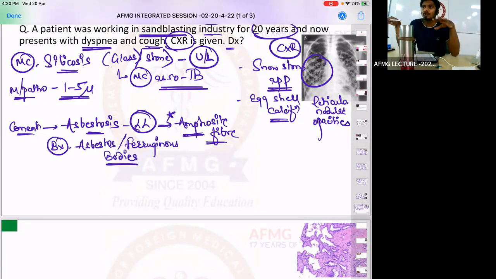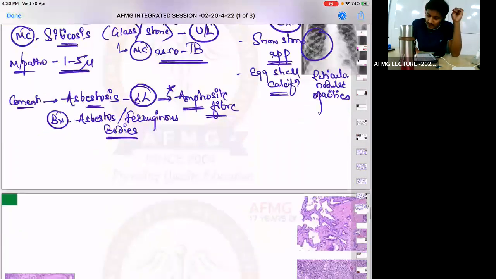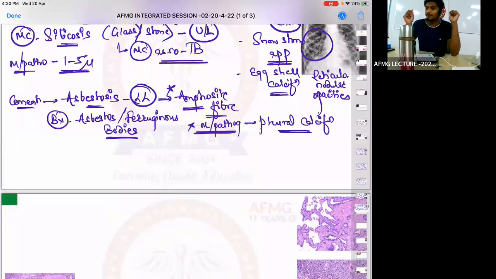Asbestos or ferruginous bodies. What is the most pathognomonic feature? If they ask you the most pathognomonic feature of asbestosis, pleural calcification or pleural plaques. Most pathognomonic feature of asbestosis is pleural calcification. Right? If they ask you the most common tumor associated with asbestosis,